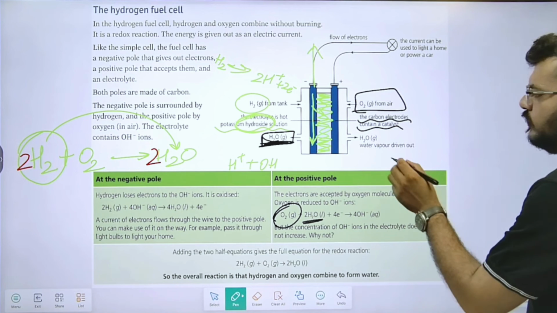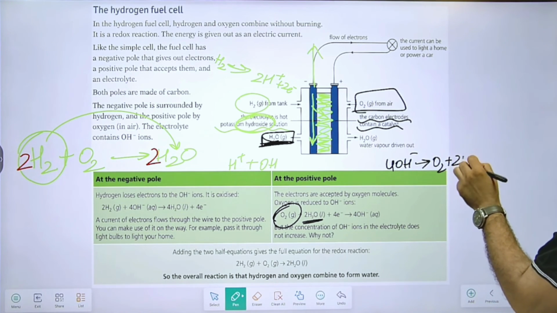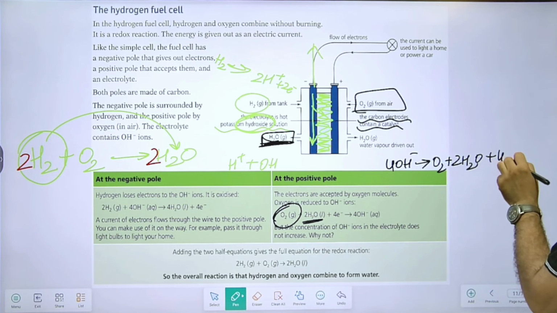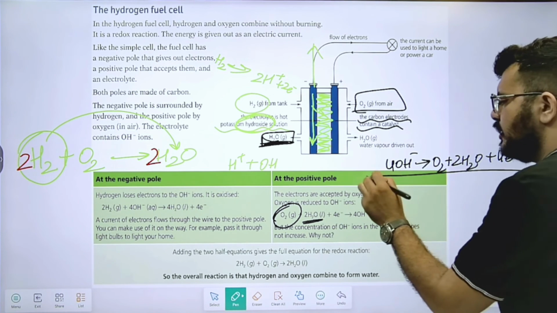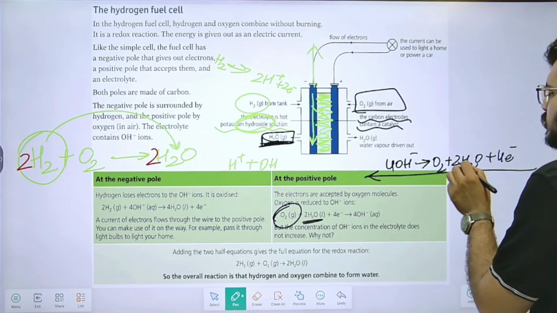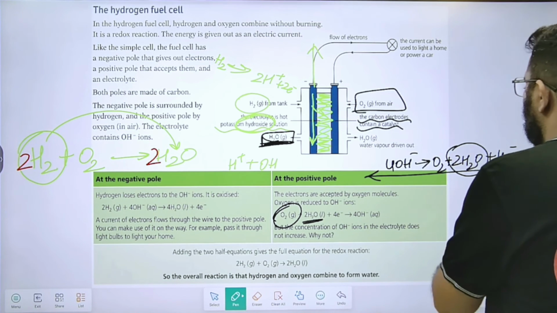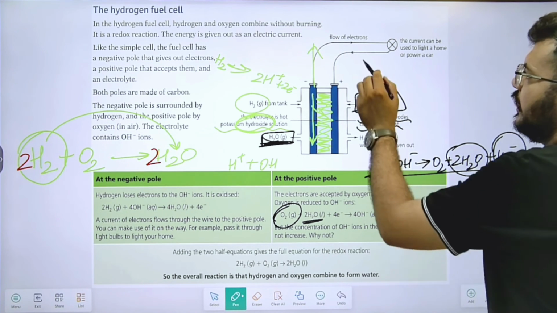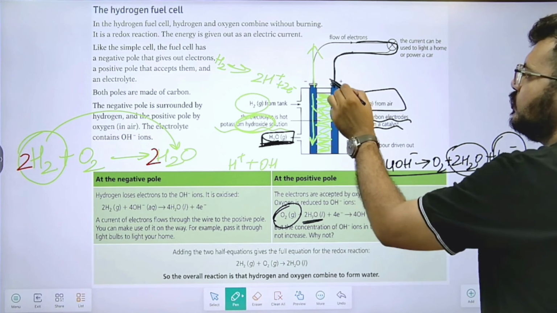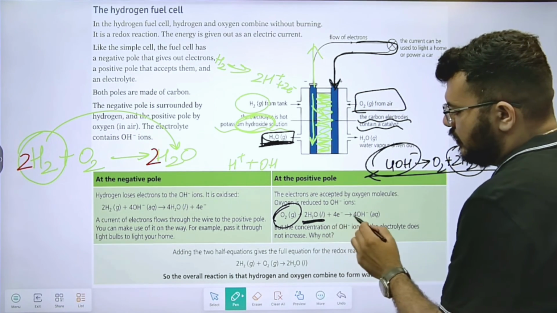So this equation takes place in the opposite order. Oxygen comes, this oxygen then adds to the water, right? And it gains 4 electrons that are coming from the hydrogen